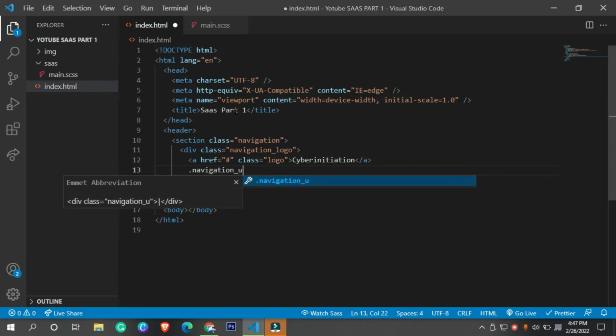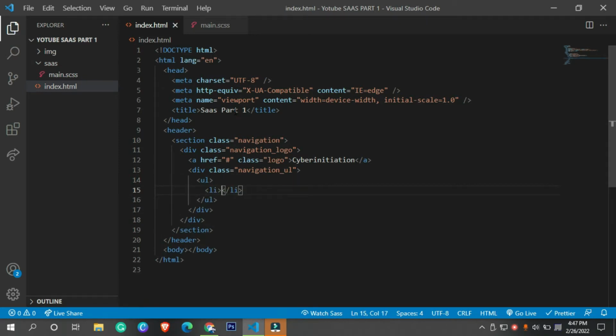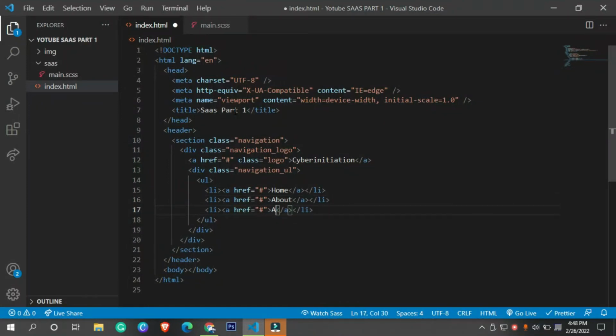So let's say dot navigation, and we need an unordered list, and inside the unordered list we need a list item, and inside this we need a hyperlink where we can have all the links that we actually need. So basically I'm going to have all of these links right here. Now we are having services, blog, and then the contact section.